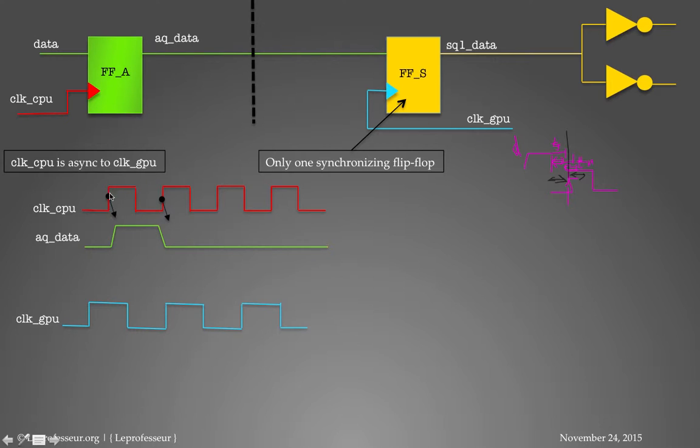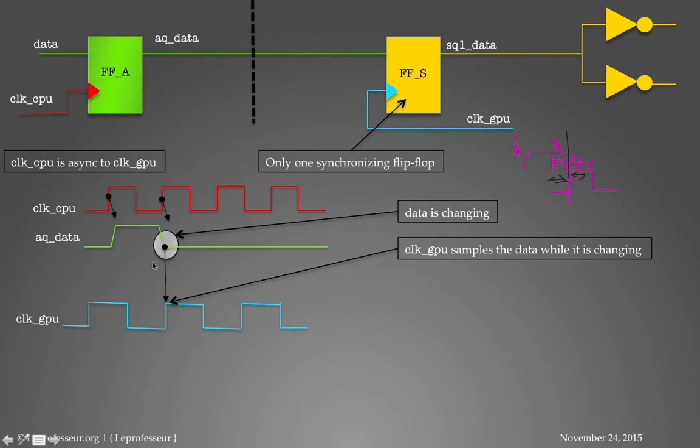After some time from the rising edge, data changes, and then again. Now what happens here, if this is just one flip-flop and the clock GPU period is not too big, just slightly higher than clock CPU? What's going to happen in that case? Most likely